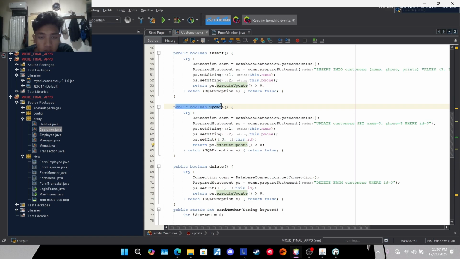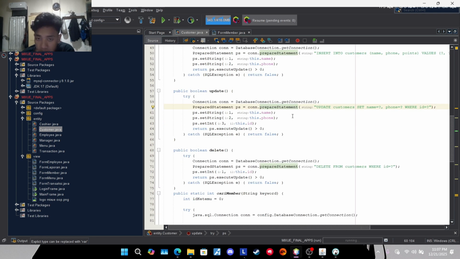Next is the method of update. The method of update is used when we want to update the data of the customer. The first is we try to connect to the database, and we make a prepared statement to update the customer with the name and phone where the ID is in the database.